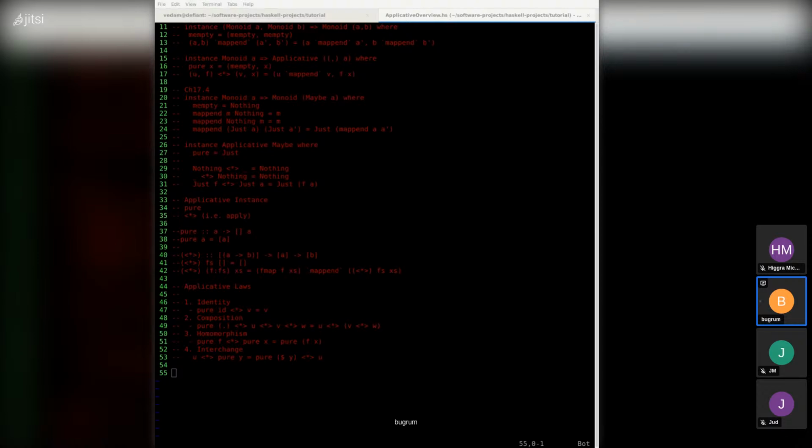The interchange property is the idea that when you apply your functions, which is on the left hand side, this u, okay, to a value that has been lifted, okay, this is the same as if you took, say,